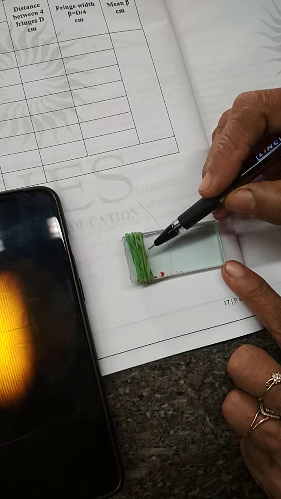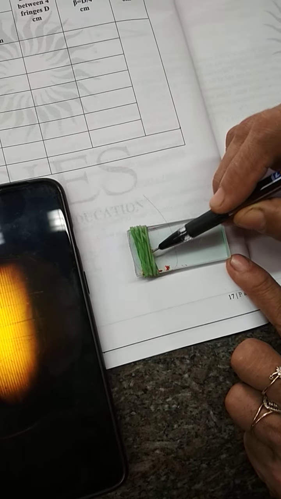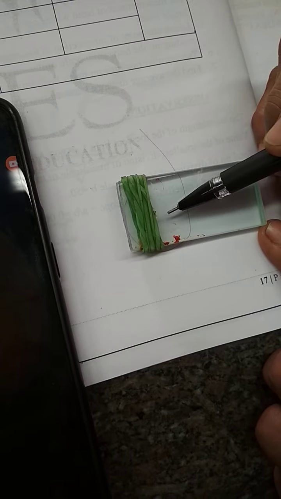After that, you have to see, this is the wedge shaped film which we are keeping. So this is the apex. After the apex, you are noting down the readings. Finally, you have to shift the center of the crosswire to this hair position. So here you can see the hair. Bring the crosswire on this hair position and note down again main scale reading, vernier scale reading and total reading.